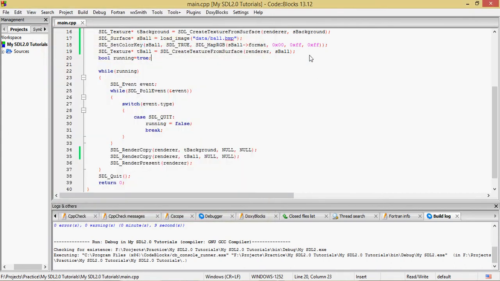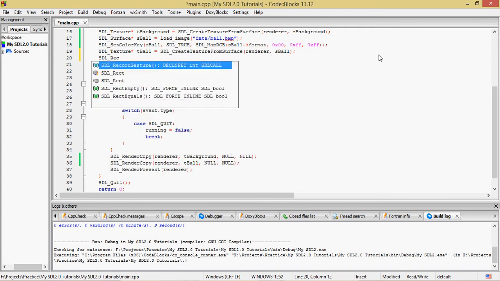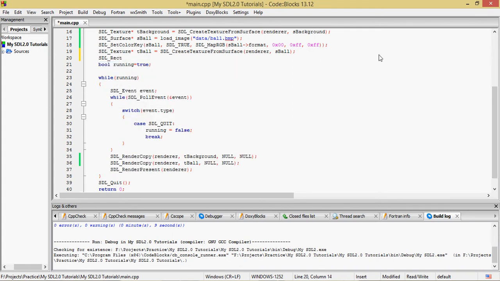We need to create something called the SDL_Rect. So SDL_Rect, and now we pass in the name. We're going to name this r_ball, for rect ball. Alright, and you set this equal to,